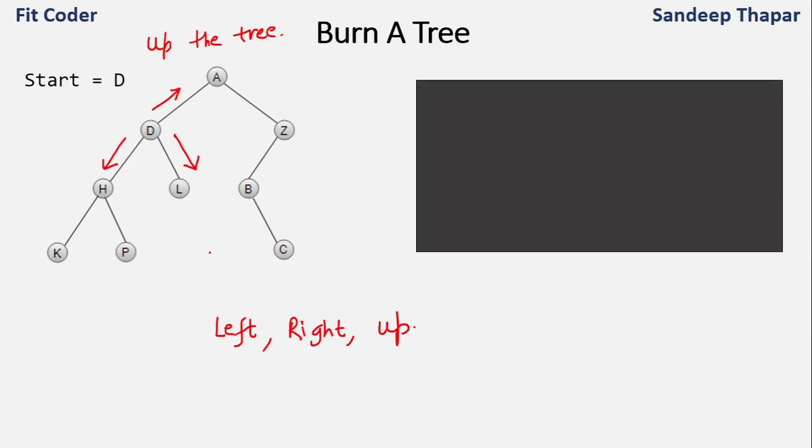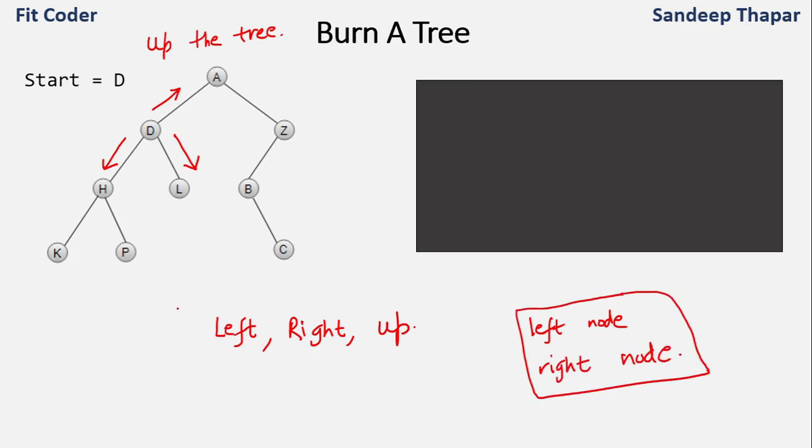But when we are given a binary tree, it has only 2 nodes. So it has left node and it has right node. So if we have to solve this, we need a mechanism to travel up the tree as well. So the first step of the algorithm is that we have to compute the parent node of each of the node of the tree. So how can we do this? So we have seen that we can traverse the tree in BFS or DFS manner. So if we traverse the tree in these manners, we can save the parent of each of the nodes.